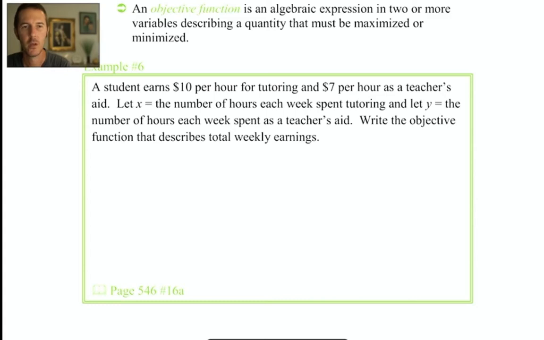For example, in problem or example number 6, we're being told that a student earns $10 an hour for tutoring, $7 an hour as a teacher's aide. X is representing the number of hours spent tutoring, and Y the number of hours spent as a teacher's aide. And we want to write what's called the objective function that describes total weekly earnings. And it's very typical to write this equation as a Z equals equation. So the objective function,